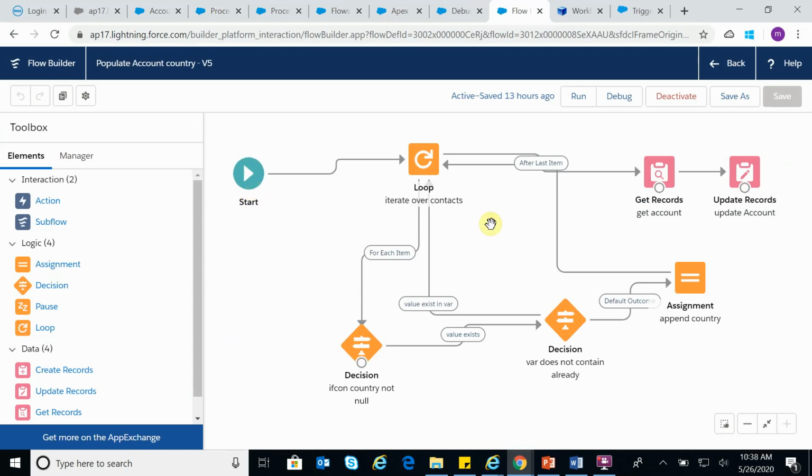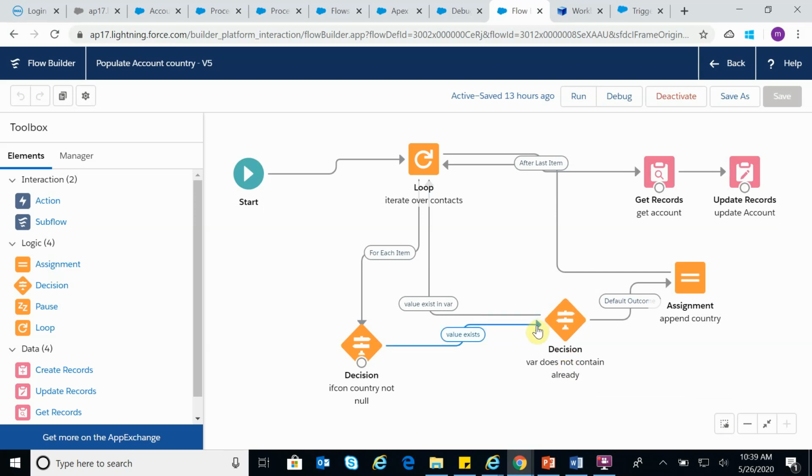So we have start, and in the loop basically I am iterating over all the contacts which is passed to this particular flow and checking if the country is not null. If the country is not null, what I am doing, I have got a flow variable for storing the country field values for that particular account, and I am checking if the string variable does not already contain that particular country value.